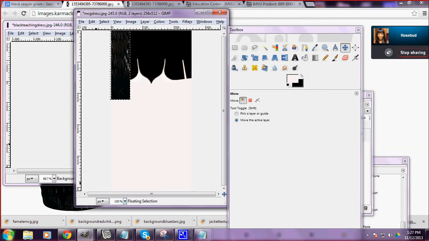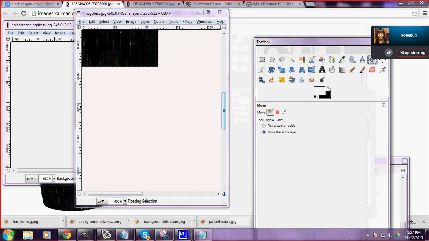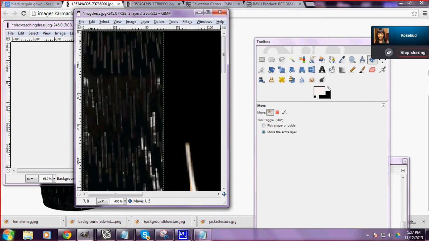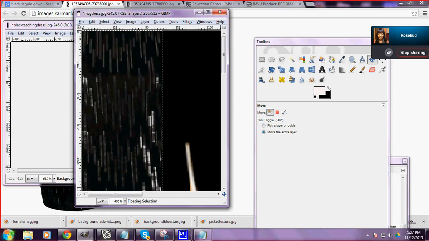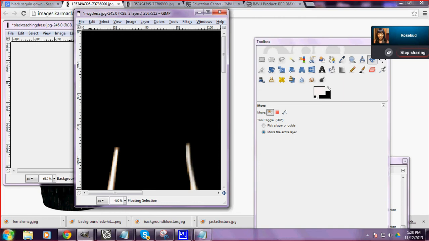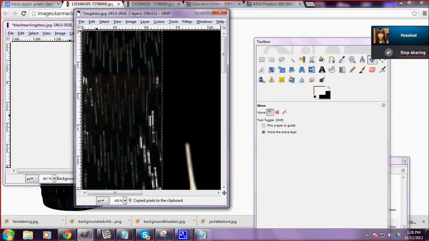I am going to go to 400, use my slides. Always, always, always use your slides. And I am going to get it just perfect. I don't want it overlapping, I want it just perfect. And then I'm going to click Image, Transform, flip horizontally, Edit, and copy it. Now I'm going to hit Edit and unflip it, and Edit and